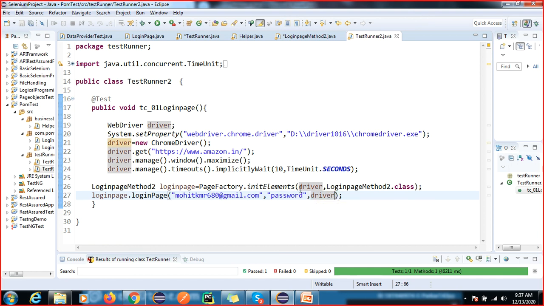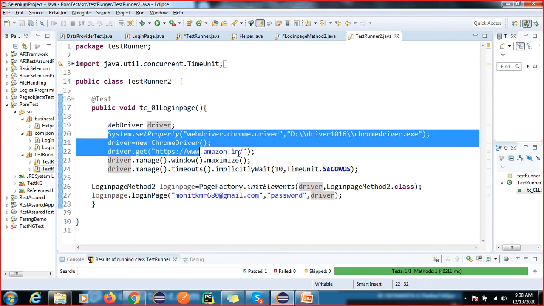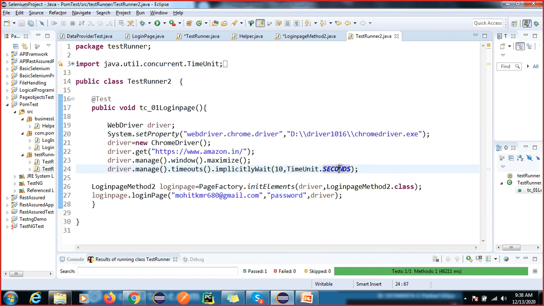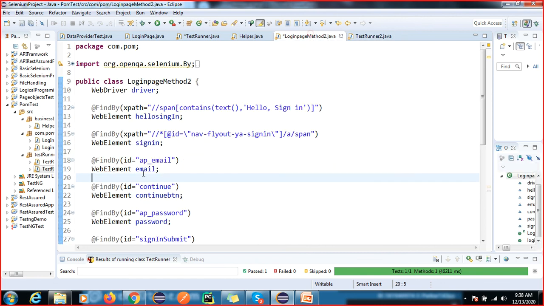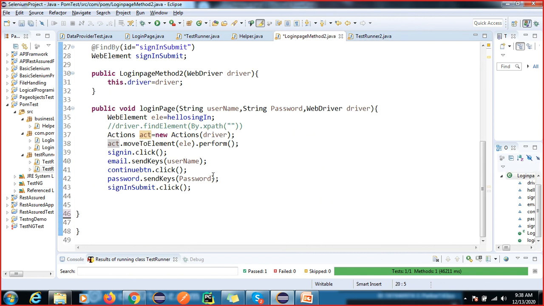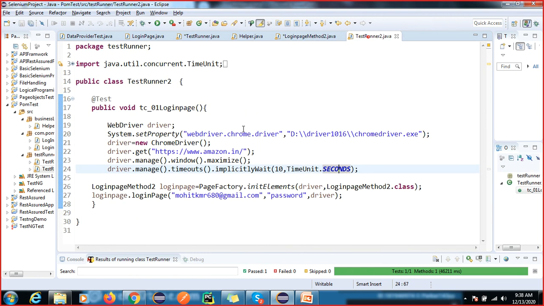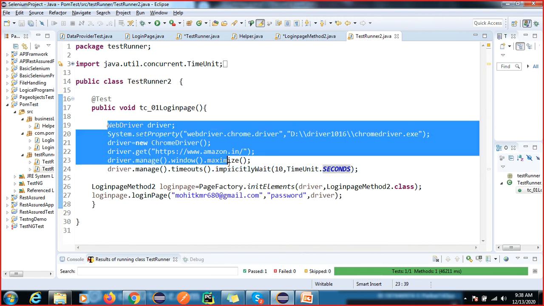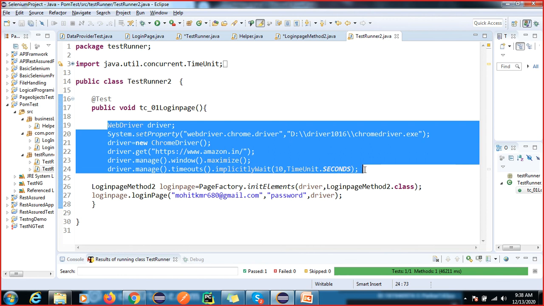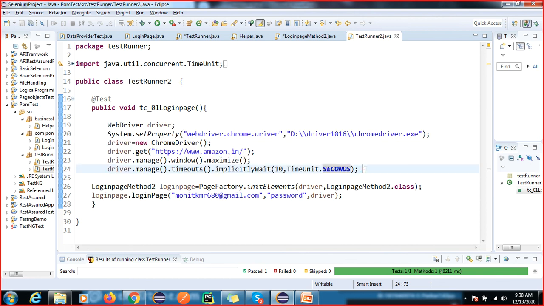Now one more thing, I have one question: can we use the helper class here? Even you can, actually this functionality is not developed in my helper class in the framework.